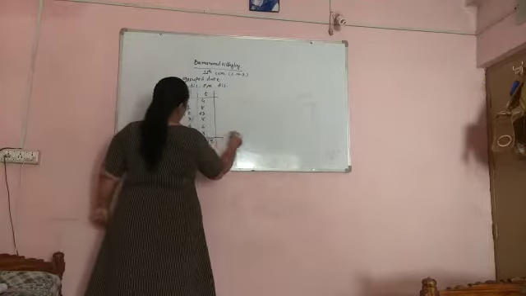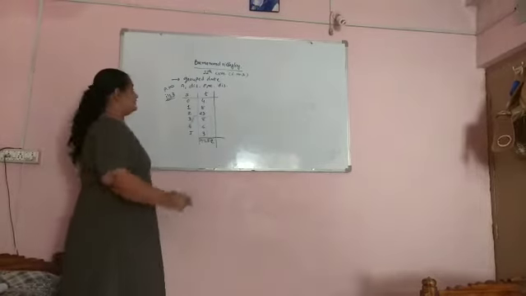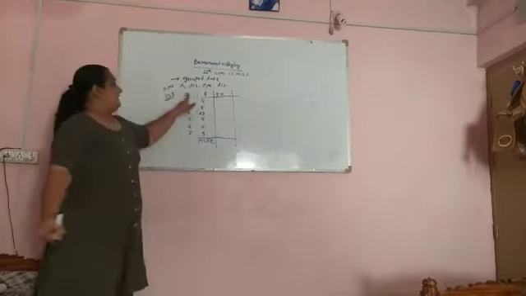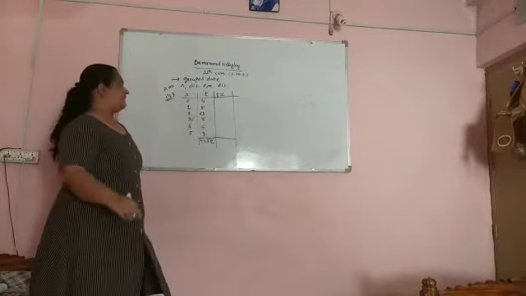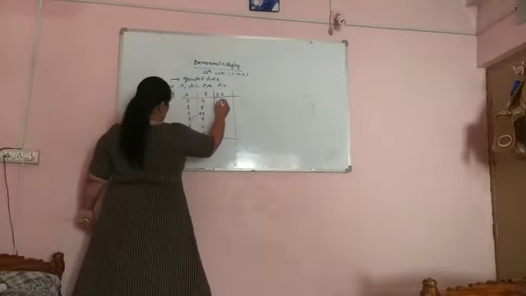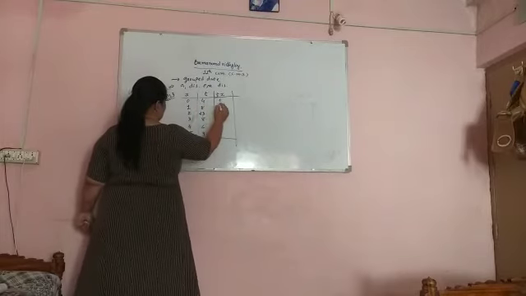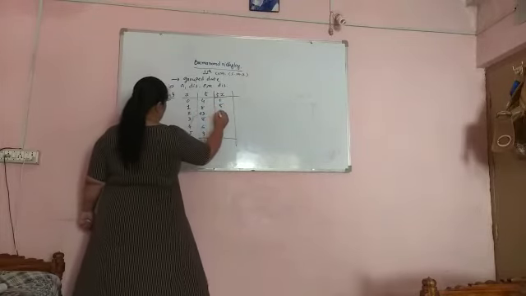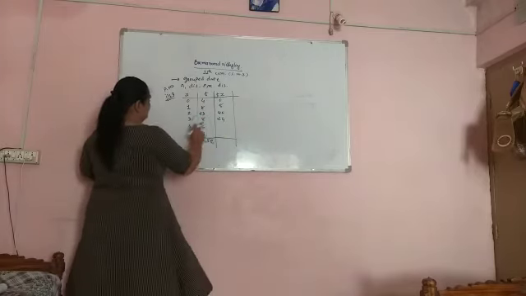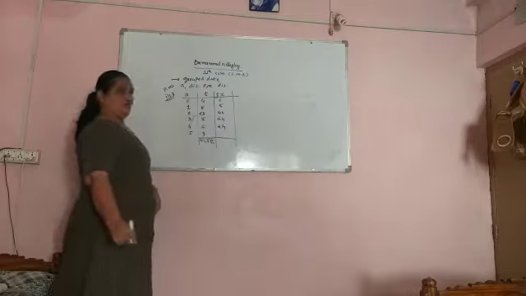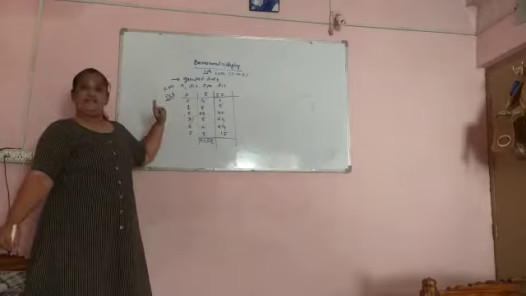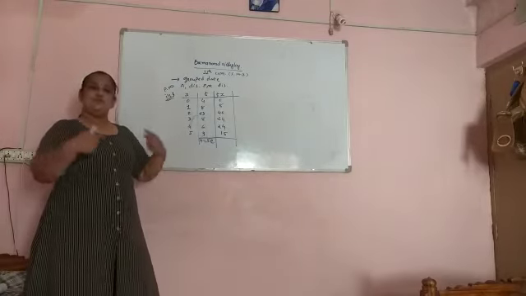Now in grouped data to find the mean we will do fx. fx means x and f multiplication. The multiplication of f and x is called fx. 4 times 0 is 0, 8 times 1 is 8, 23 times 2 is 46, 8 times 3 is 24, 6 times 4 is again 24, and then 5 times 3 is 15. Okay, fx means f into x.